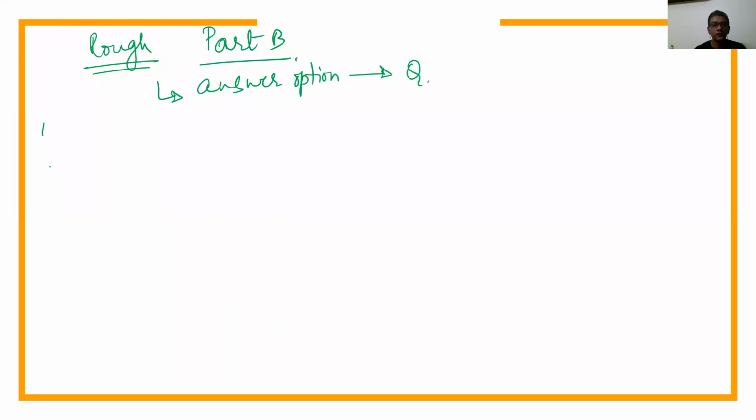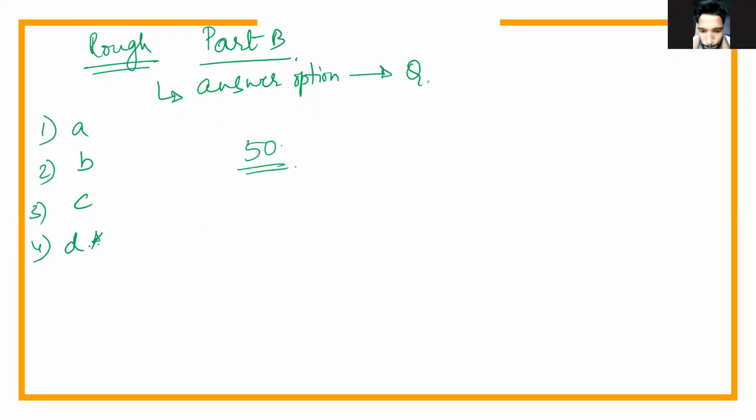So let's say first question, second question, third question you have been doing, and you note down the answer options, A, B, C, D, whatever it is. Whichever question you have guessed, make a marking against it. There are 50 questions in the paper. After 25 questions, your guesswork should now begin quite intelligently.